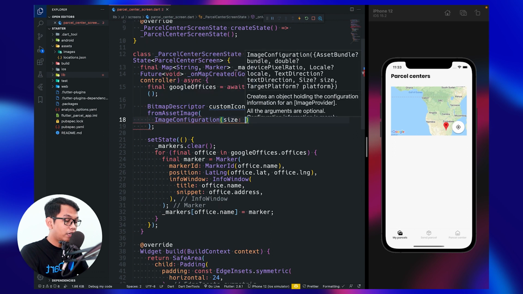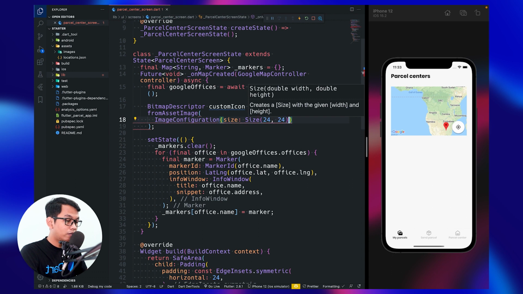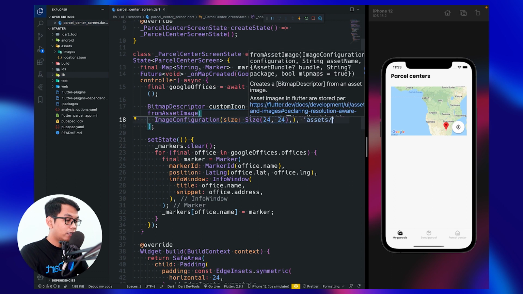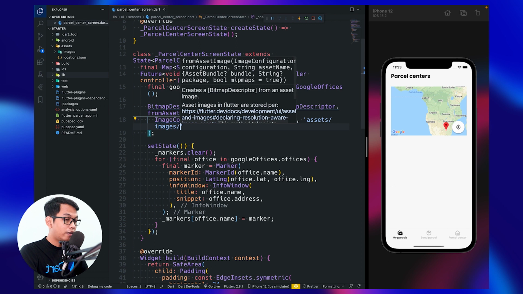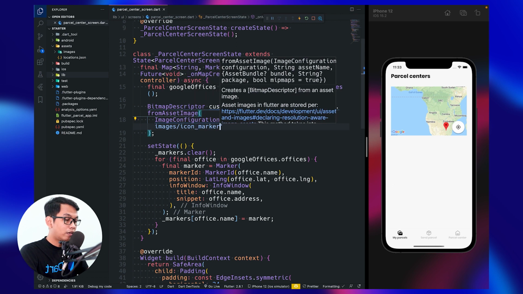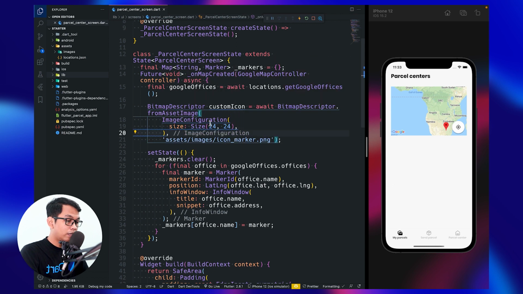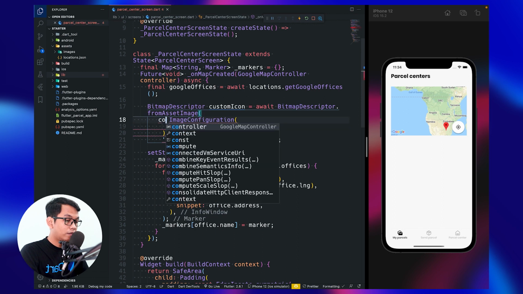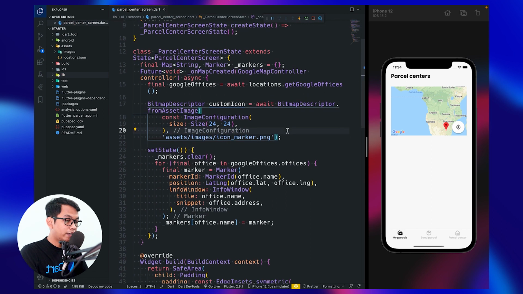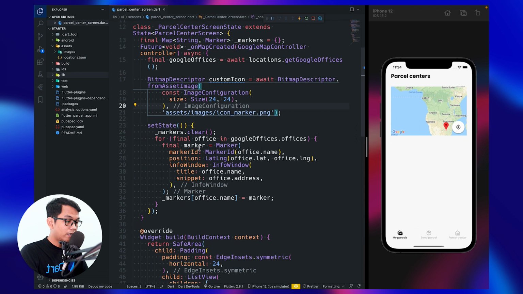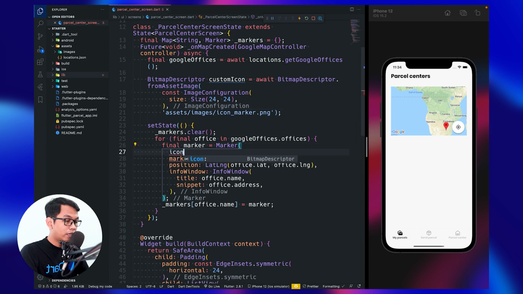We say size, we say again 24, 24. And for the asset, we say asset image and icon marker.png, like this. So I think, yeah, it looks like this. And inside our marker here, we can say icon and we call custom icon. And let's restart our app.